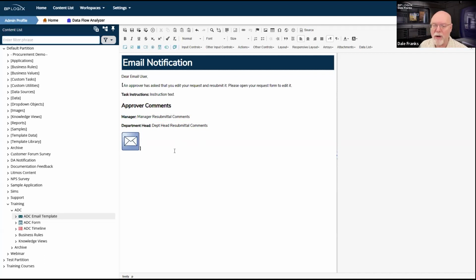So I need to create another embedded section, and I'm going to create it here immediately after the email template control. And the reason that I'm doing that is because I want to get my spacing right on my email and I want it to look pretty. So it's going to look kind of odd in the template itself.